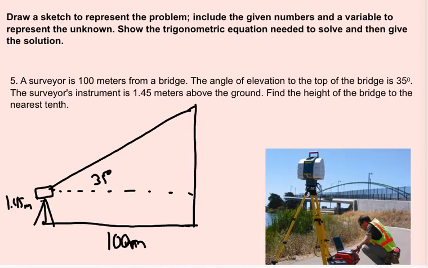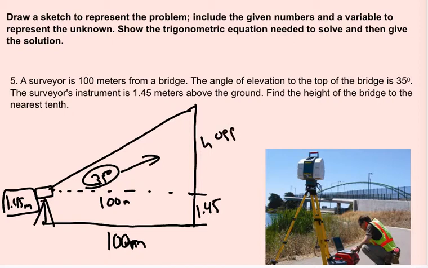We can do that, but all we have to do is remember to add 1.45 at the end. So this becomes 100 meters. This is my height, but I've also got to add 1.45 here to get the true height of the bridge. So just putting a little wrinkle in here. So 35, opposite, adjacent means tangent. So tangent of 35 is going to be equal to h over 100. So again, go to the calculator. Tangent of 35 times 100 is going to be